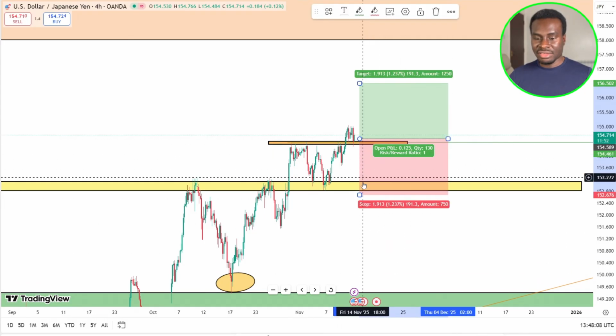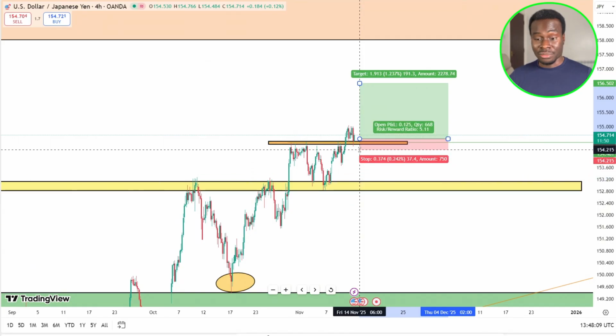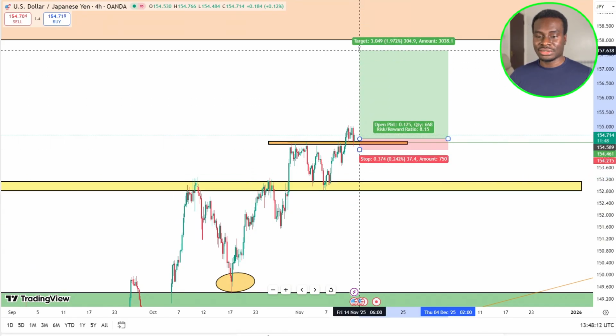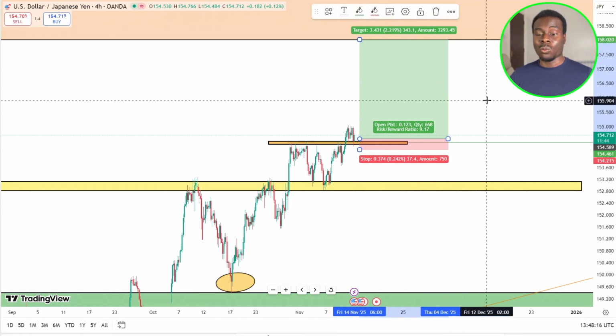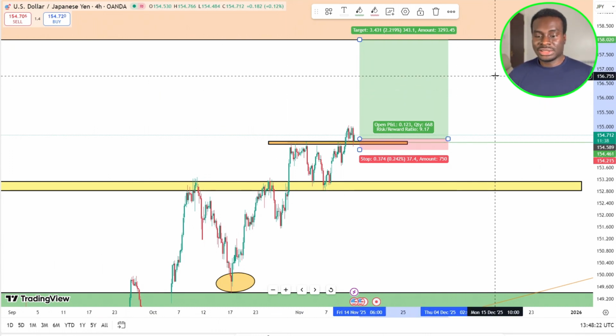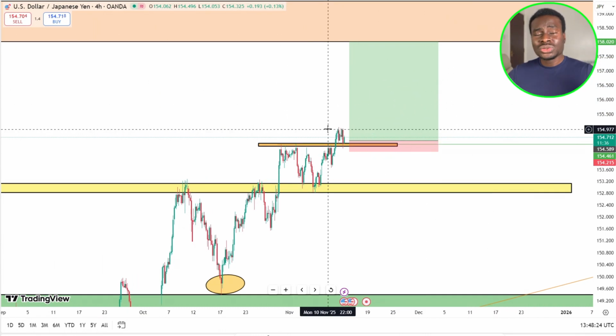So imagine having this type of setup where you are risking from this level and you're trying to catch your trades all the way to the upside. This is going to be another setup, and this is going to give you a 1:9. This is going to be massive. But the thing is, this particular setup, because you are zooming in and in, like now, these are your entry